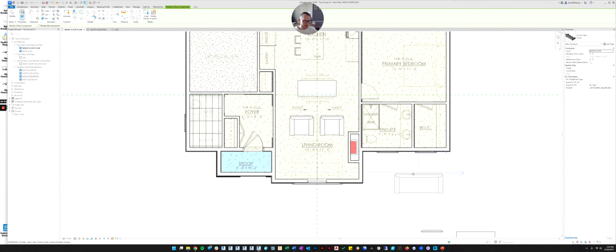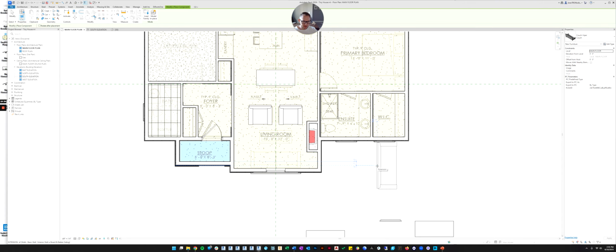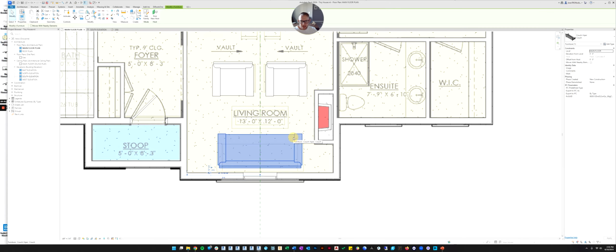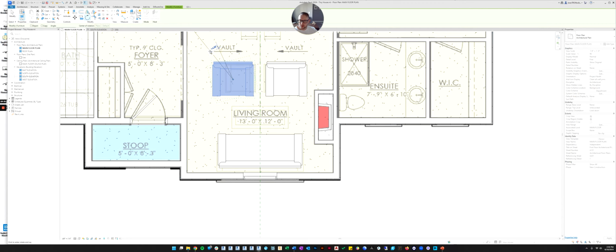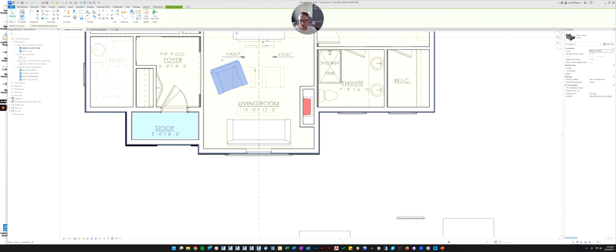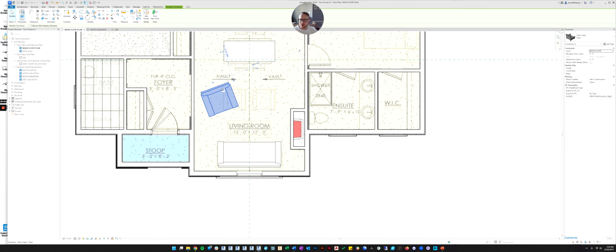While you're placing, here's a tip: if you hit the space bar, it'll rotate it for you. But you're always free to come back and click on the component, and you can still use the Rotate command. You can use the Mirror command. So if we wanted to rotate these chairs, you can use the Rotate tool, and you could move them 20 degrees or whatever. Then I'll delete this one. If you wanted one in the same spot but mirrored, you could click the chair, hit Mirror, and then pick an axis and it'll mirror it.